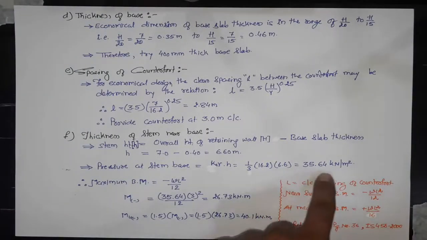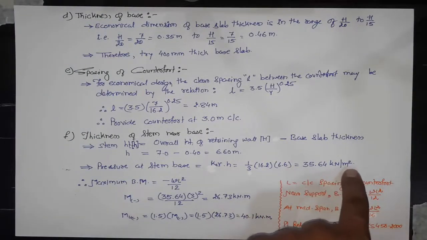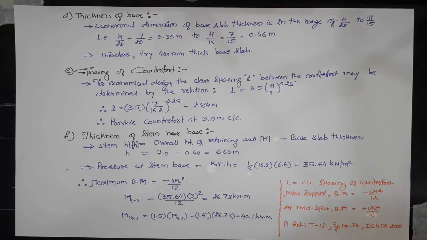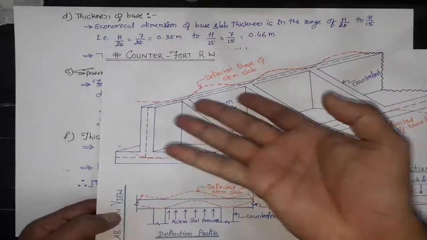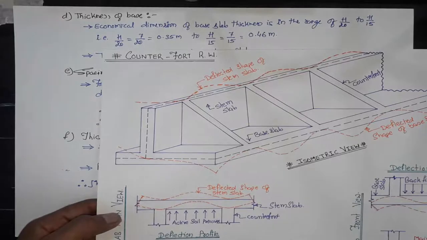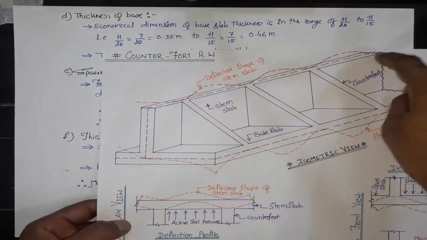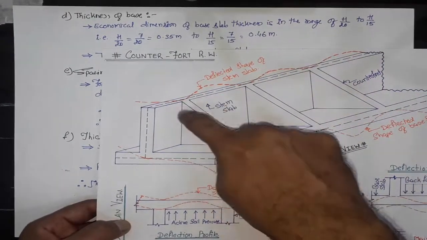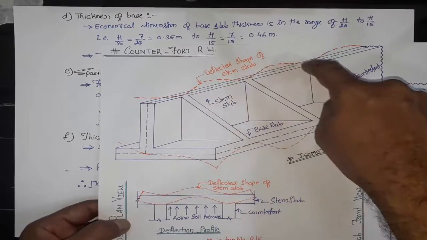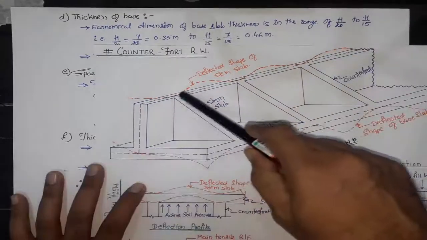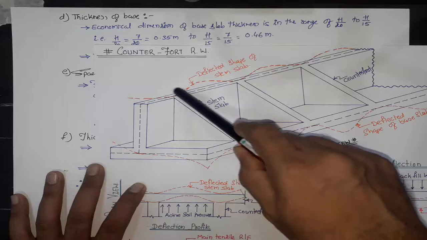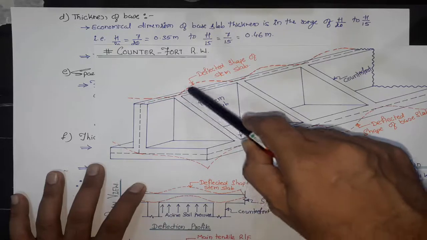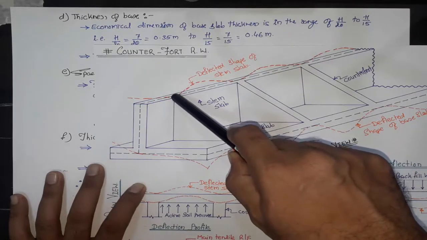This pressure, that is 35.64 kilonewton per meter square, is the pressure intensity acting in this direction, perpendicular to the stem plane. That will cause a deflection in this direction. The bending moment at this point, it's the connection between the counterfort and the stem slab, will be equal to